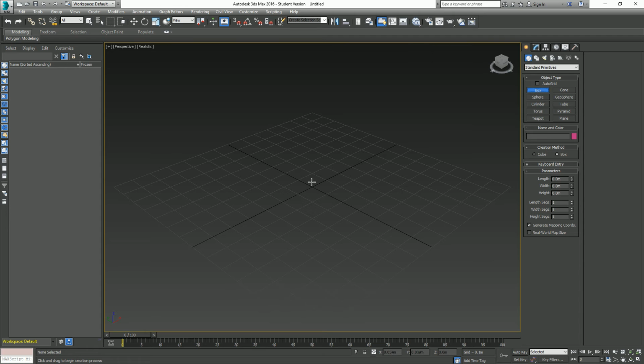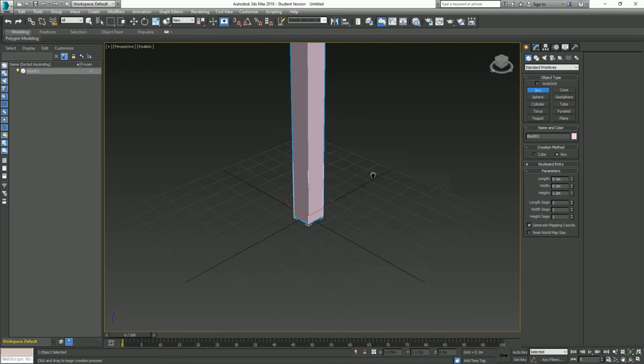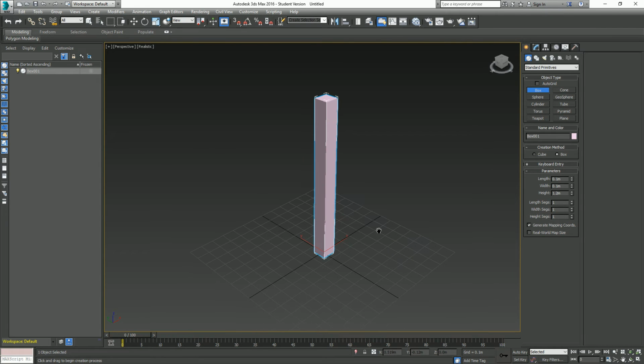And I'm going to create a box, and I've estimated the sword to be 1.2 meters high, so I'm going to make my box 1.2 meters tall and 10 centimeters by 10 centimeters in length and width. Okay, so that's going to be used as a gauge so I can set my images up to model the